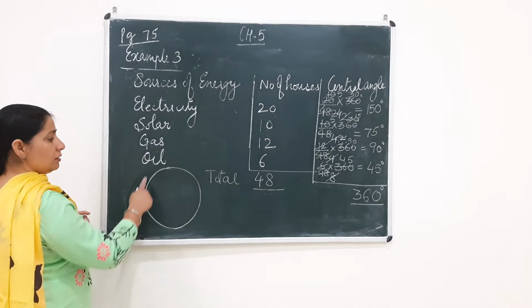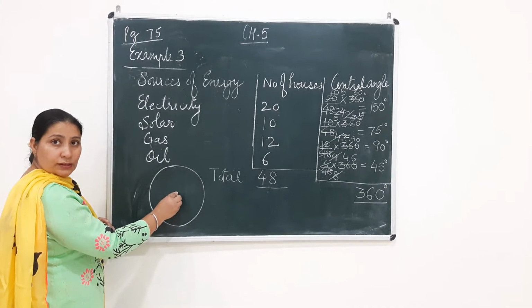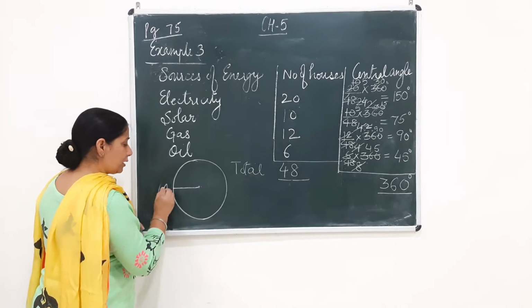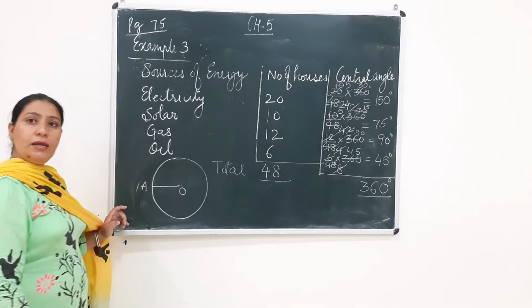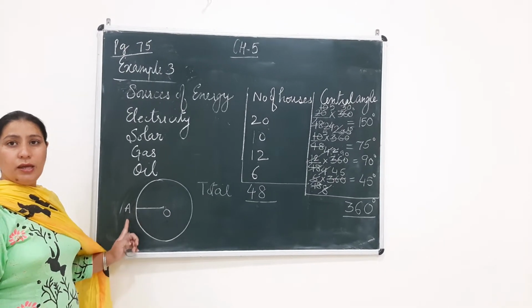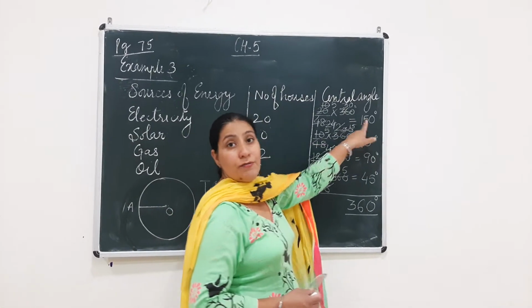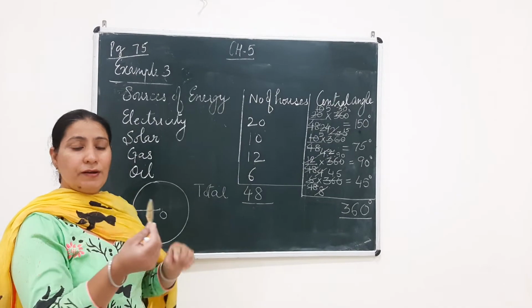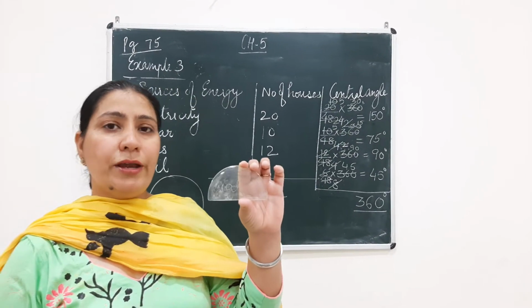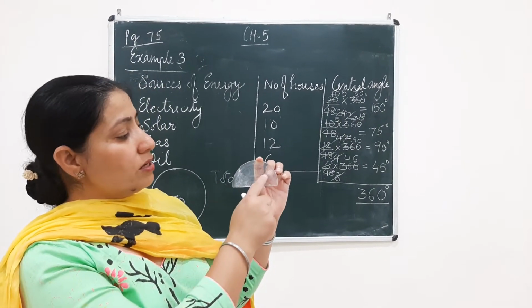After drawing a circle of 5 cm, from the center of the circle, draw a line which actually represents the radius. Take any point on the circle A and join it with the center. So this will be AO. Now I will be drawing the first sector, which is of 150 degree. How will I make it 150 degree? You all will take a protractor. You already know how to draw angles, so you know where is 150.